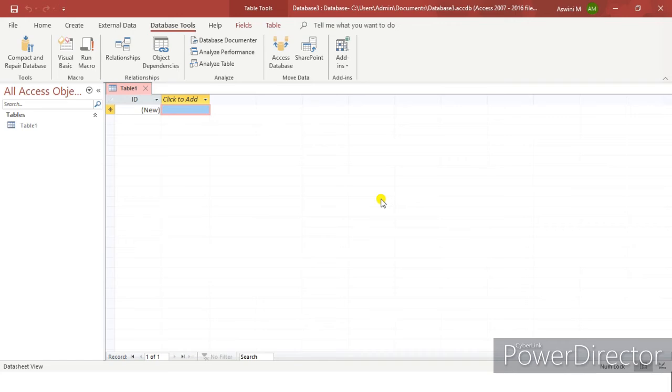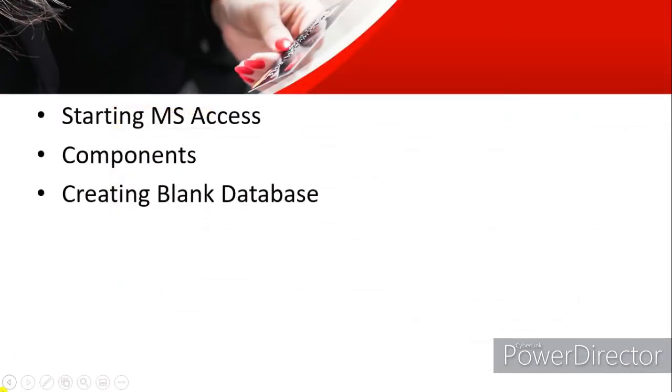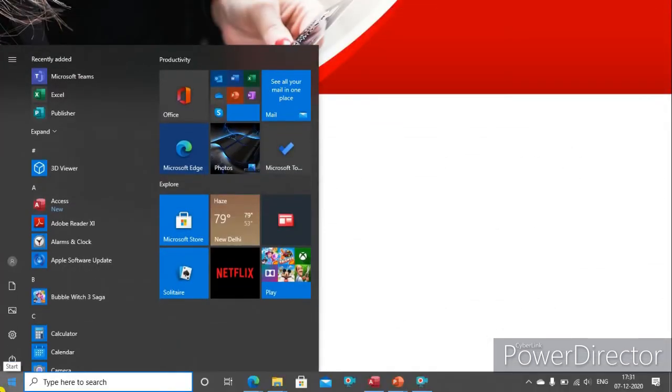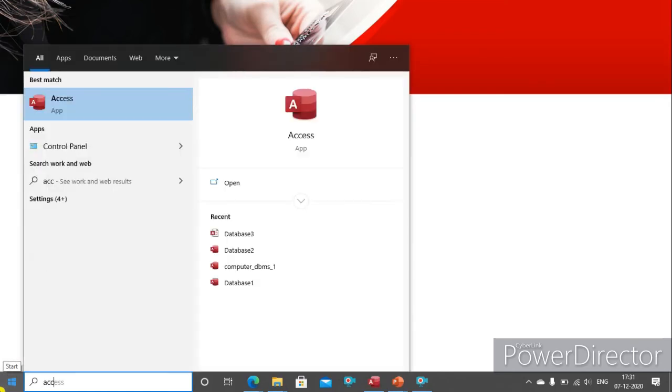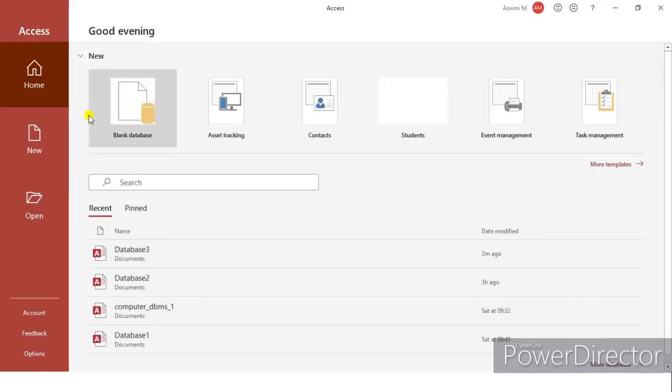So in this software how can you do that? For that again you have to open the software: go to your start button, type Access and open it, and in this you should not go for a blank database.